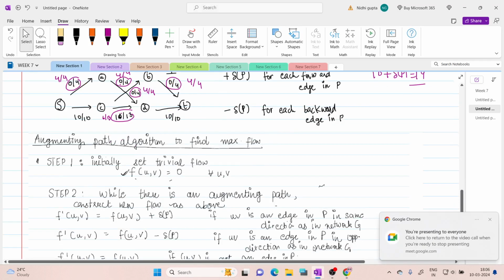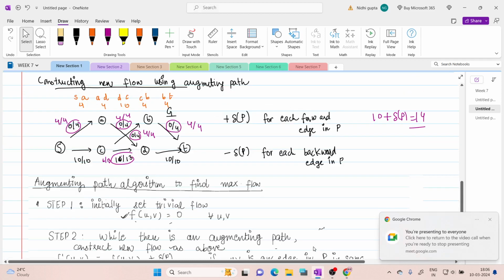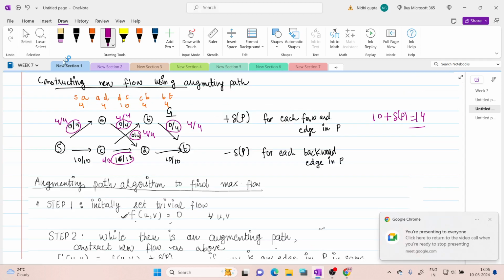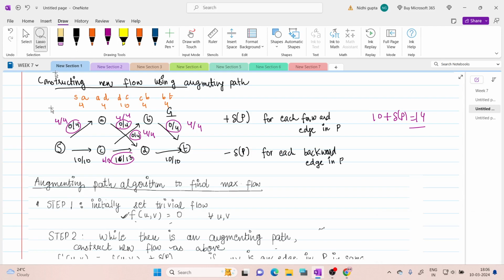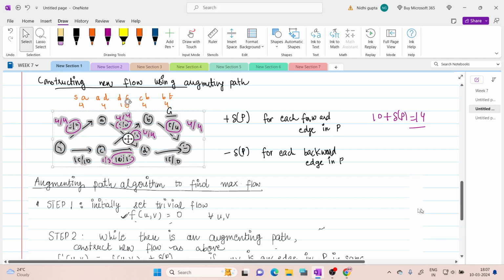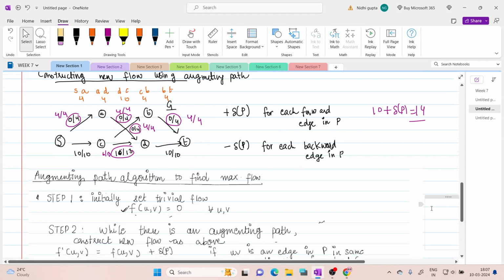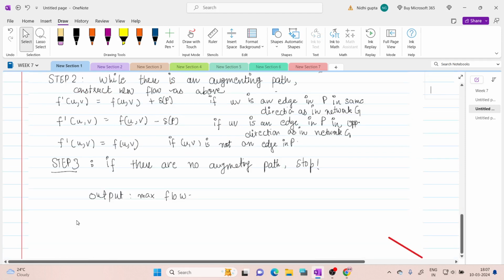Yes, ma'am. So now let's see, is 14 the maximum flow for this? If we have to check whether 14 is the maximum flow, what should be the steps? We should look at the residual network first. Yes. So now for this new flow,